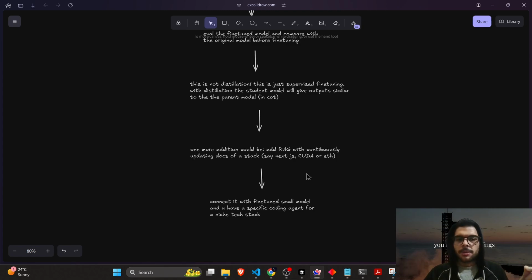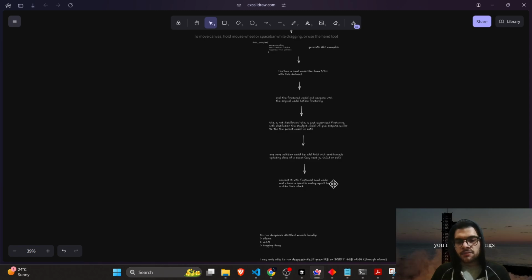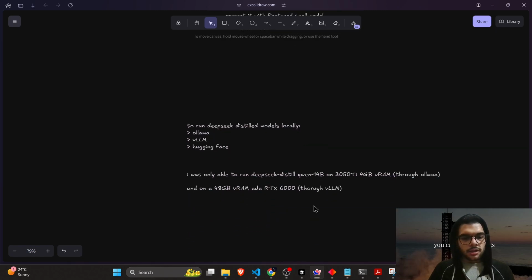So you have the programming knowledge and you link it with the updated documentation of a particular tech stack. What you get is a very good coding agent in a particular field. It's not a generalized model, it's a smaller but expert model. This is what you can try out, or there are n number of things that you could try out there.